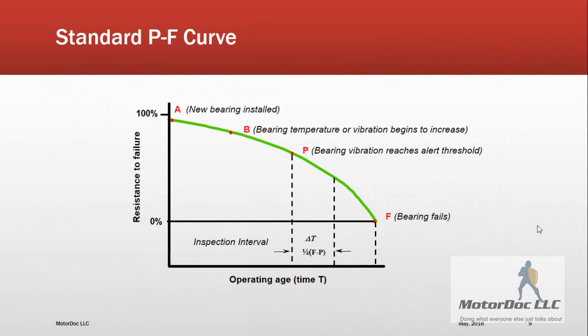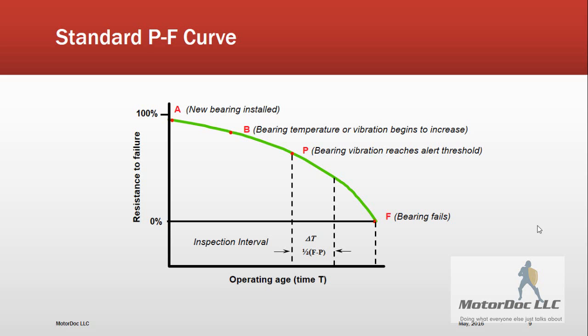For instance, in the case of a motor bearing, the bearing was installed new and remains relatively reliable over time. At some point, wear, material defects, maintenance, contamination, shaft currents, and/or other forces cause a bearing to begin to fail. As a bearing transitions from good to failed, the bearing temperature begins to rise and vibration begins to increase. If monitoring with vibration, there is a point at which alert thresholds will be passed and the condition can be